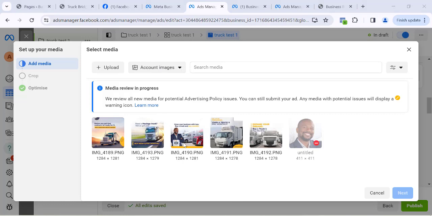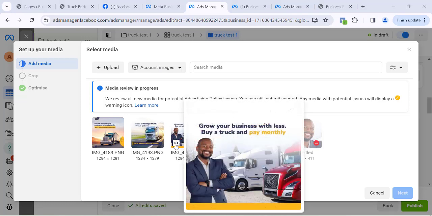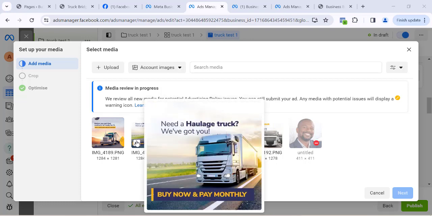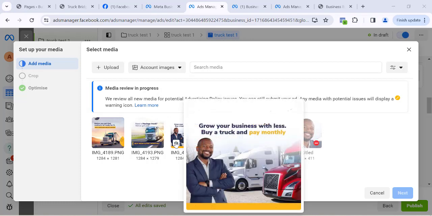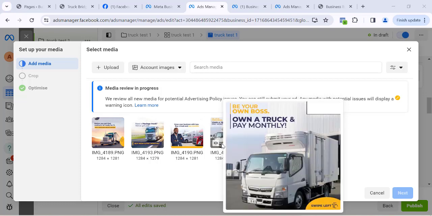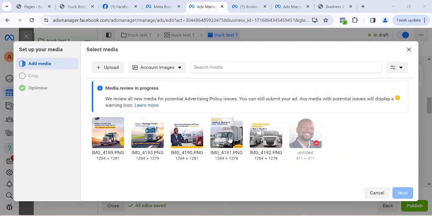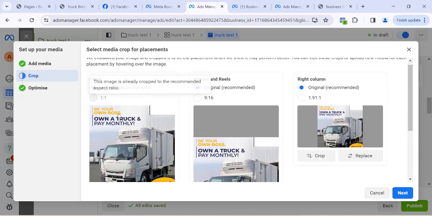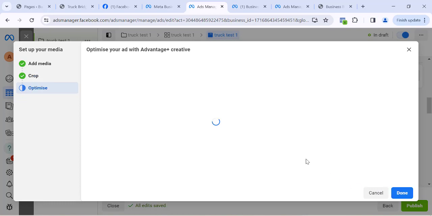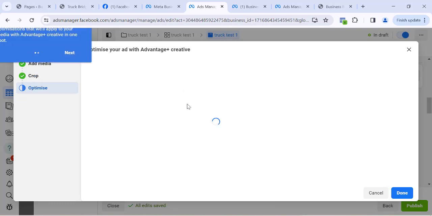So this is the particular one I want to use. Can you see that? Let me see how it looks. Okay, I'll work with this. You also have this one too, and this. So I'll just work with this. Click on next. You can see that. All right, recommended, so I'll click on next. Okay, once you select the image,